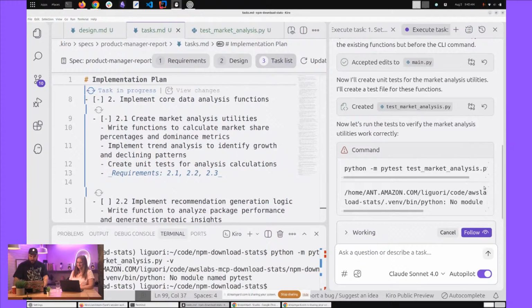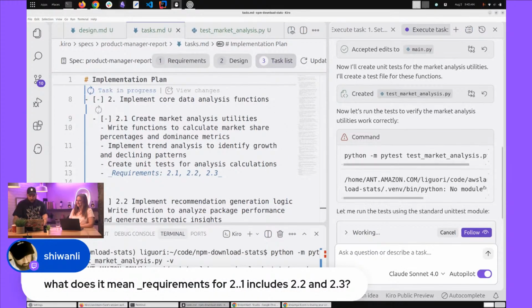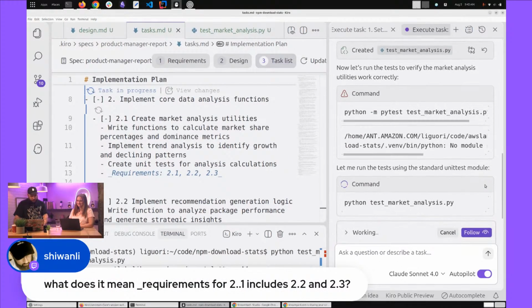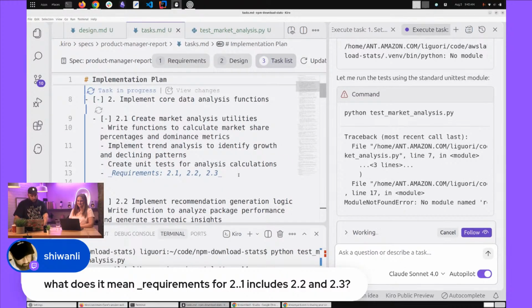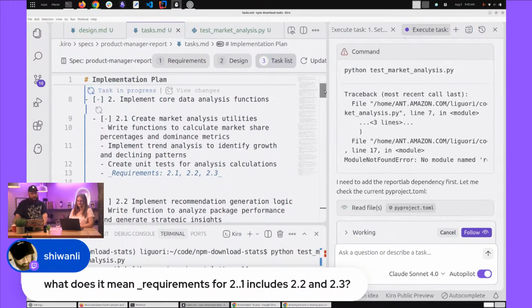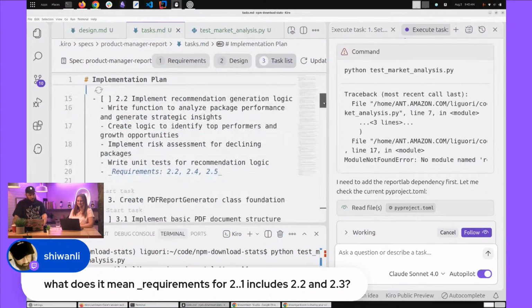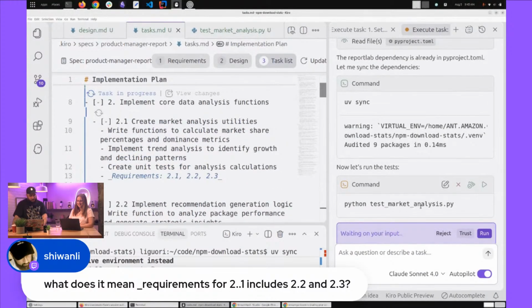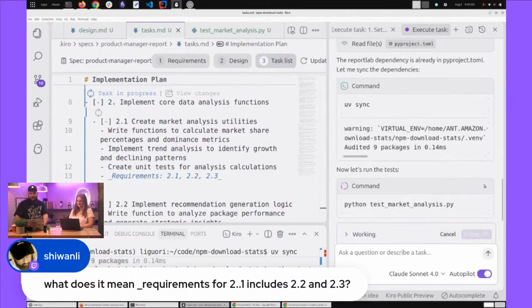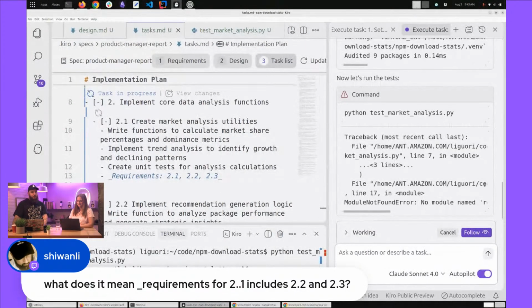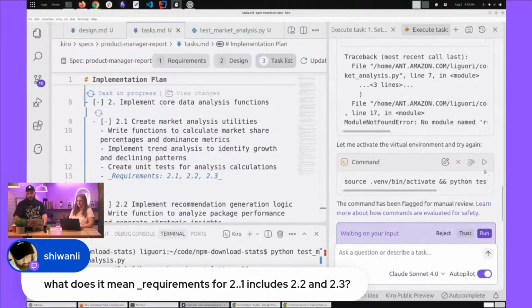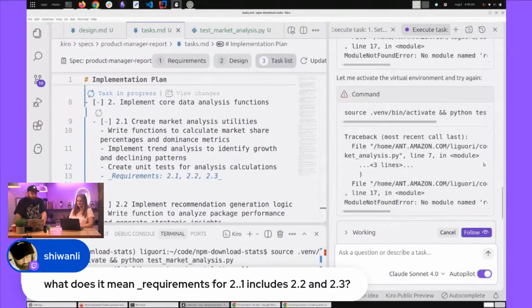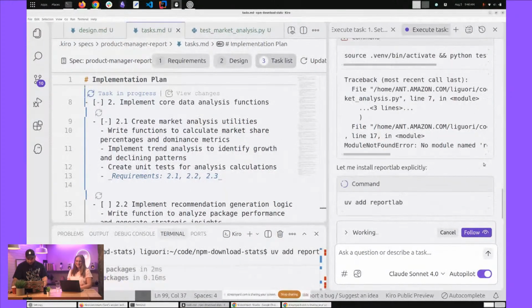And a question here from Shiv Vonley. What does it mean, requirements for 2.1, 2.2, and 2.3 in this case? So line 13. In this case, that's also been kind of a confusion for me, when it comes to these requirements. So it's hallucinating. Yeah, there's a lot. See, there's none of those requirements. 2.4 doesn't exist. That's interesting. And 2.5 doesn't exist. I've seen that. To be honest, I don't think it prevents anything. It's a little bit more structure for things. It may stop or not do a thing, but yeah, it's the non-deterministic nature of LLMs. Yeah.